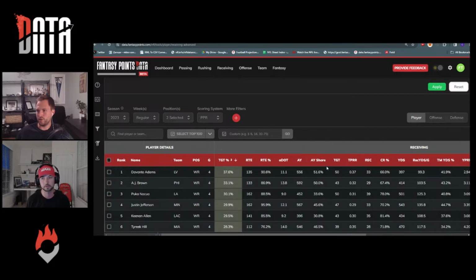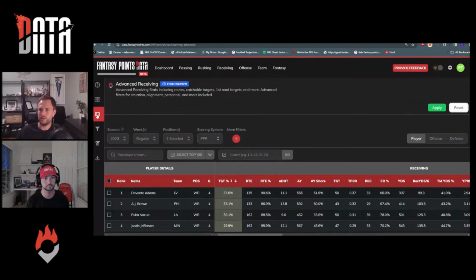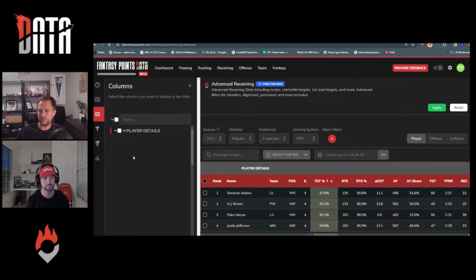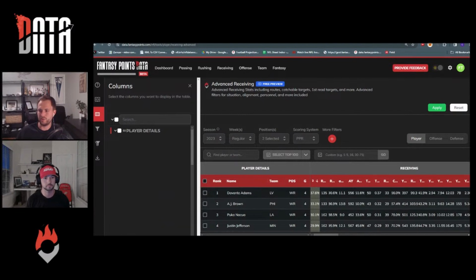Yep. And again, if you ever want to just get back to what the table initially looked like, remove all your filters, you can always just hit the reset button up here, and that'll basically reload the table without having to reload the entire page. Let's see here. Let's take off some of these other columns so we can just look at those specific things.